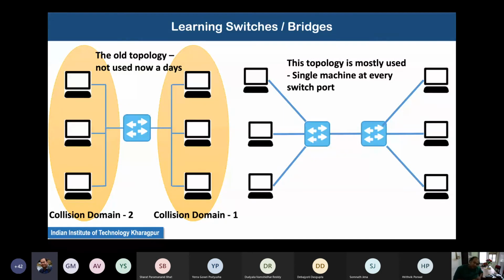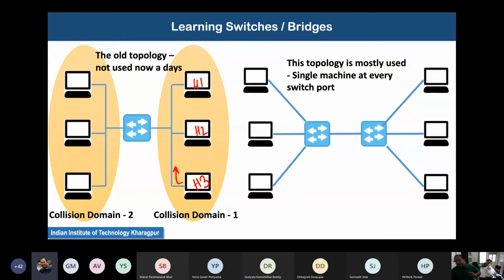So what is meant by collision domain? See, these three machines, say H1, H2, and H3, are connected to a common bus. When H1 is transferring a signal on that bus, the signal is received by all the machines connected on that bus.